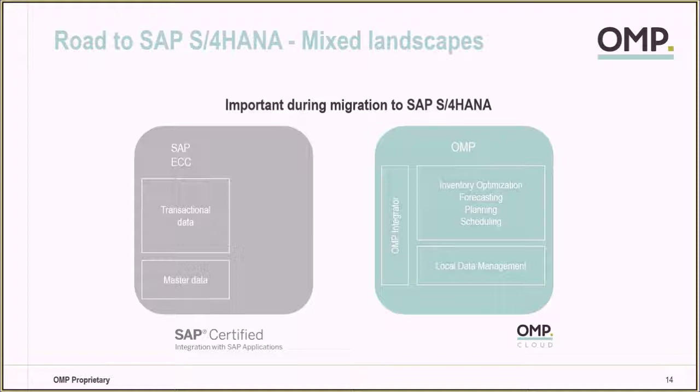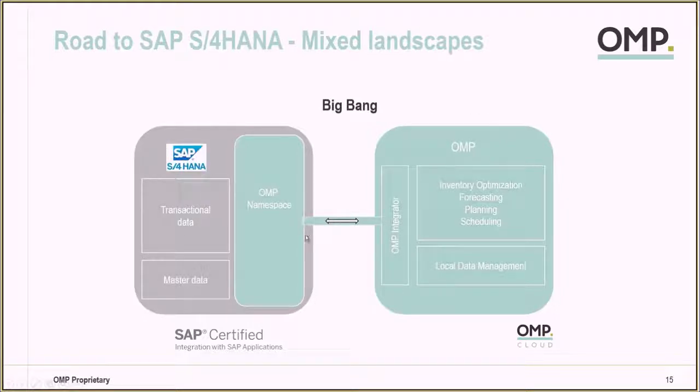Typical integration between an OMP and an SAP system looks as we can see here. On the left-hand side, we have an SAP ECC system. On the right-hand side, we have an OMP system. And we plug into the SAP system our OMP namespace solution, which allows a fluent communication between SAP and the OMP integration layer. Now, when migrating to SAP S/4HANA in a big bang, the ECC system is simply replaced by an SAP S/4HANA system,